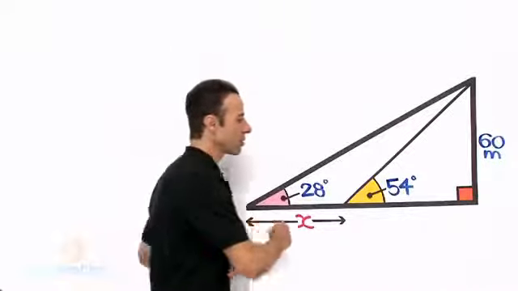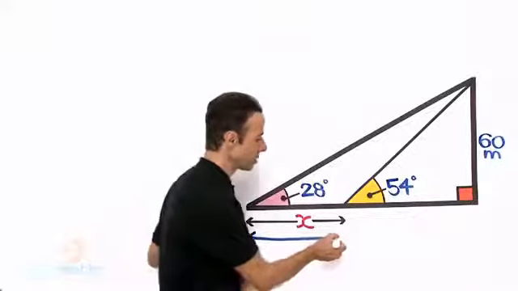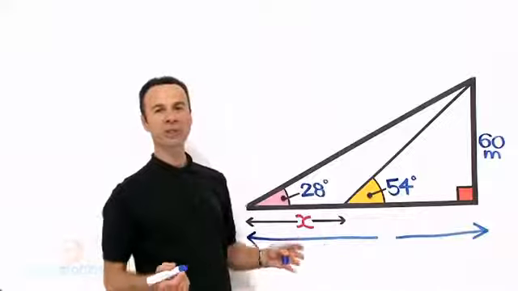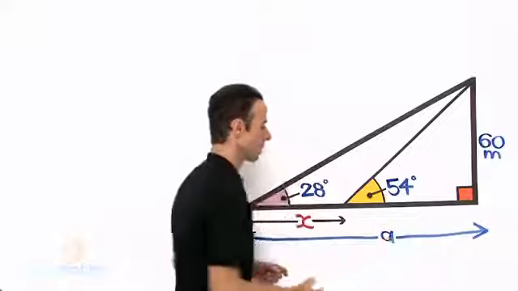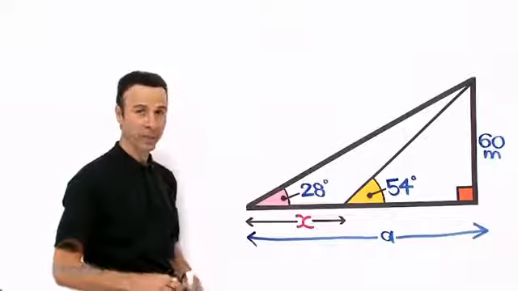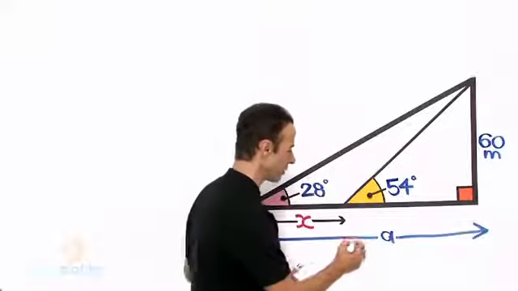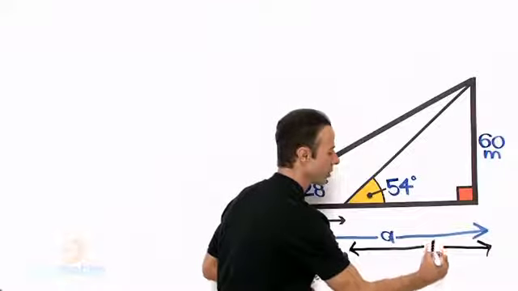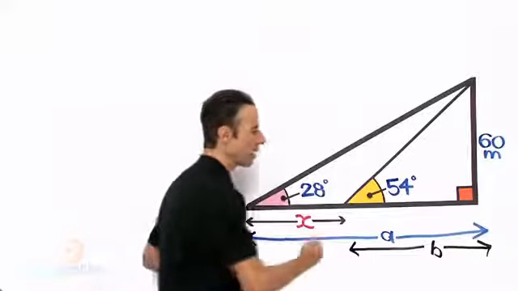So, if we're looking for this base length, the total length here, let's go from here all the way to there. And we'll call that base length for the big triangle, let's just call it the pronumeral A. Okay, now if we can work out what A is, and then later work out what, say, B is, the distance from this triangle to that triangle, which would be from here to here, and we'll call that B,